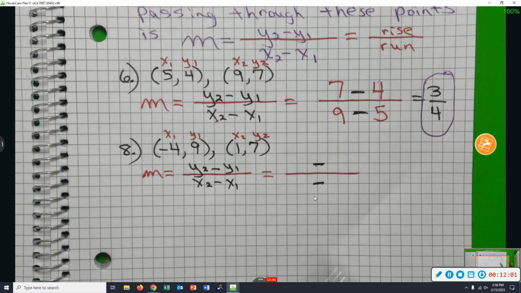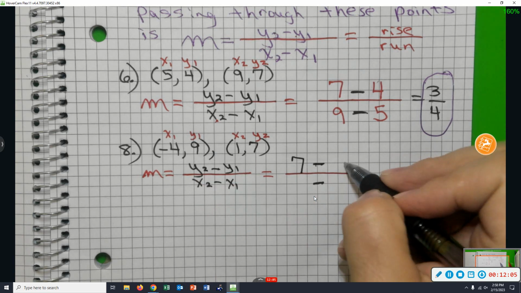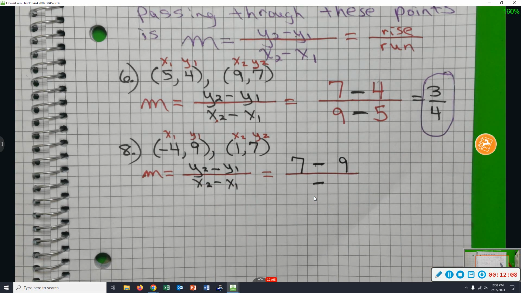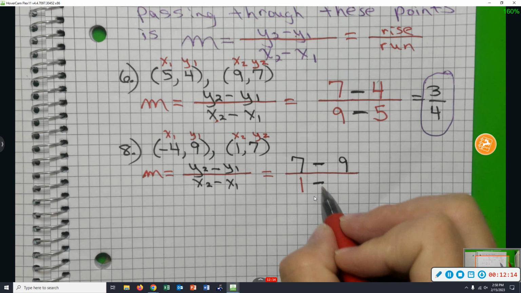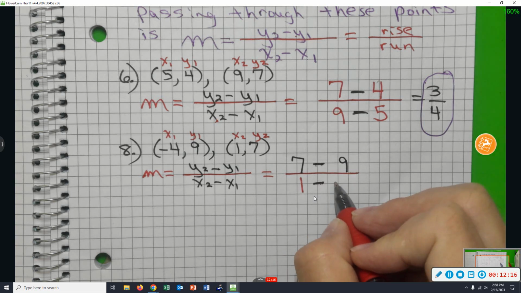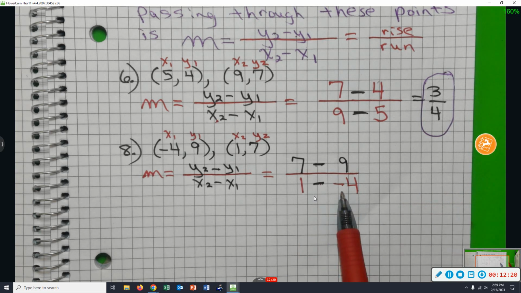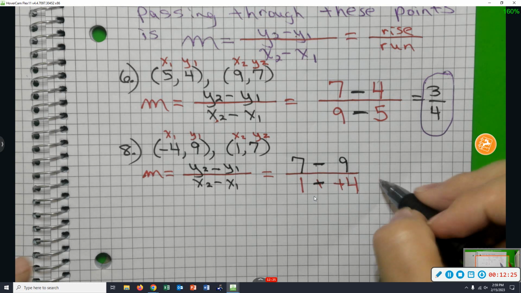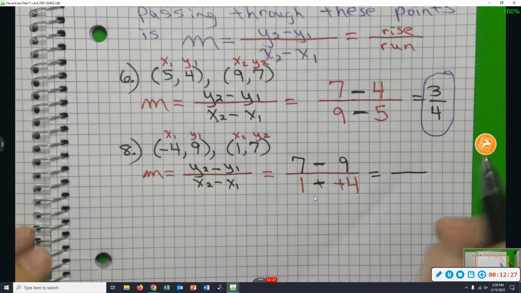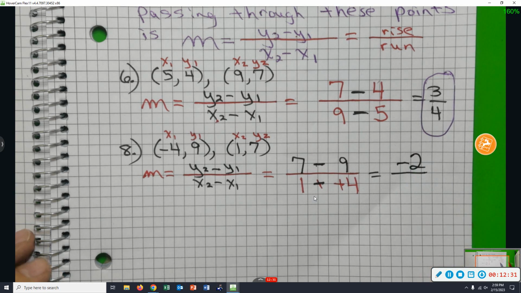So it'd be 7 minus 9. Okay, so we have a 7 minus 9, I agree. And then it'd be 1 minus -4. And then we have down here, the x2 is a 1 minus, and what did you say? A -4. Okay. Minus a negative, that turns into a positive. You're right. So we have 7 minus 9, that's a -2, all over